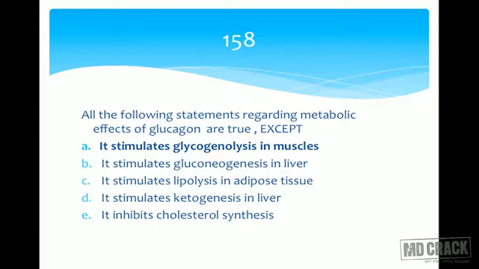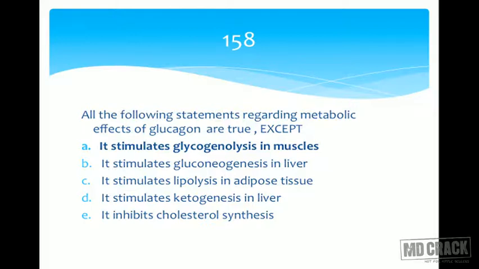Epinephrine. Why? Because glycogenolysis in the muscle, the purpose is different. The purpose of glycogenolysis, that is release of glucose from glycogen, when it has to take place, is when the muscles require energy. And when do muscles require energy? When it is exercising, strenuous exercise. And during strenuous exercise, which hormone is released? Epinephrine or any of the other hormones. So epinephrine, what does it do? It stimulates glycogenolysis.